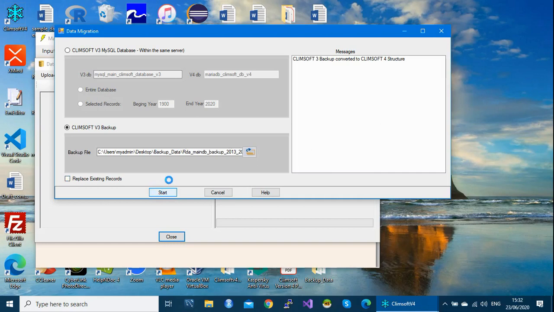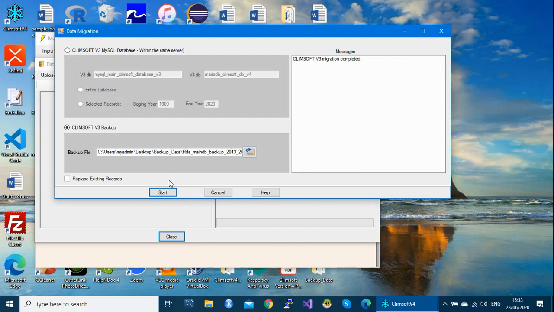So the system now is transferring data from our file into the database. Very simple. You just give it a time depending on the speed of your computer, so the migration will be done correctly. Give it a few seconds. This also will depend on the amount of data you have in your backup file, and you have to make sure the stations contained in these files already exist in the database.